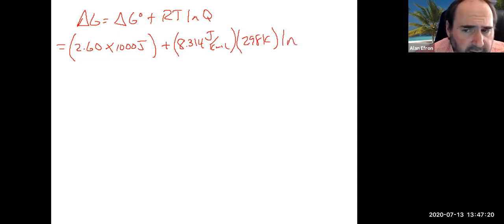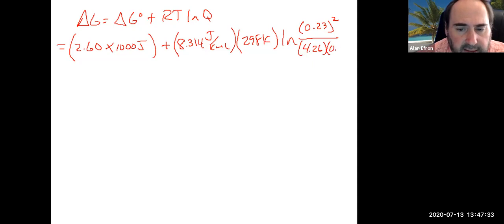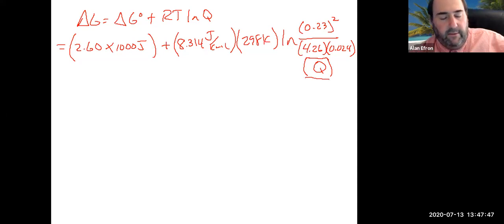So our HI pressure was 0.23, and we're going to square that. And we have 4.26 for our other pressure, and our other reactant pressure was 0.024. So this right here is Q. All right, so if we do all that, we are going to end up with a number. Let's see, it looks like